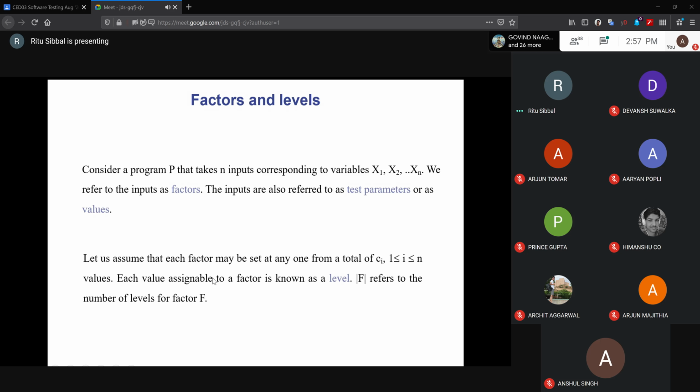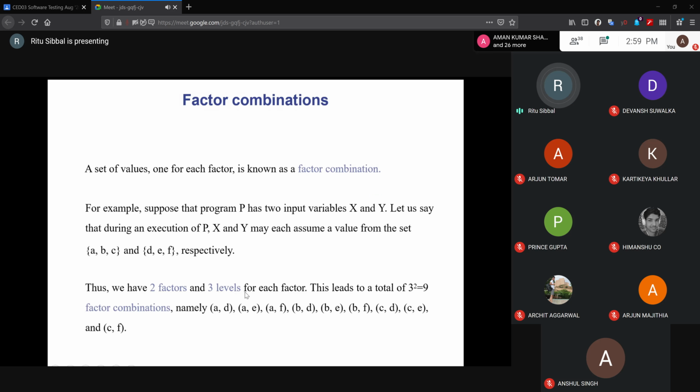Okay, let us just finish the factor combinations in one minute. Yes, ma'am. Let us just complete the factor combination. So we have two factors and three levels. Is it clear till here? The variables became factors, and the values of the variables became levels. Is this clear? Yes, ma'am. So now how many combinations do we have? 3 raised to power 2, that is 9 factor combinations. We have 9 factor combinations. So what I want to see is that this is okay for two factors and